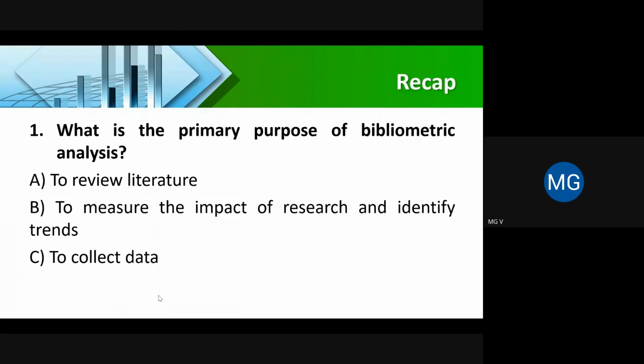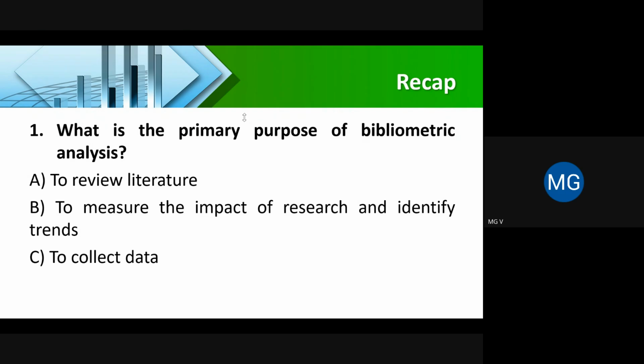So what is the primary purpose of bibliometric analysis? Anyone? Is it A? Anyone else?